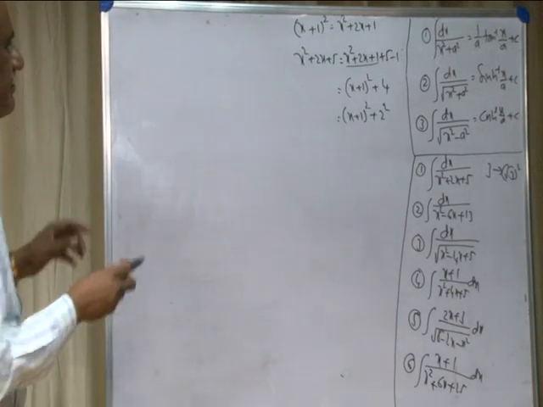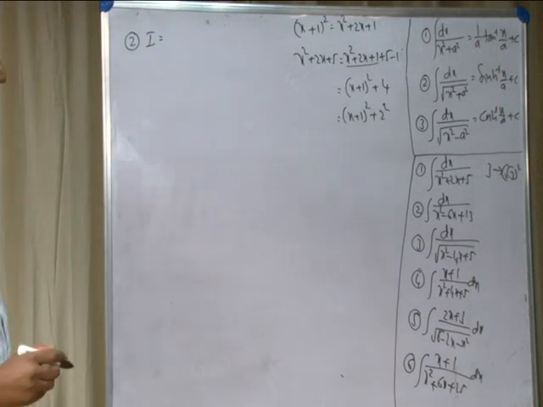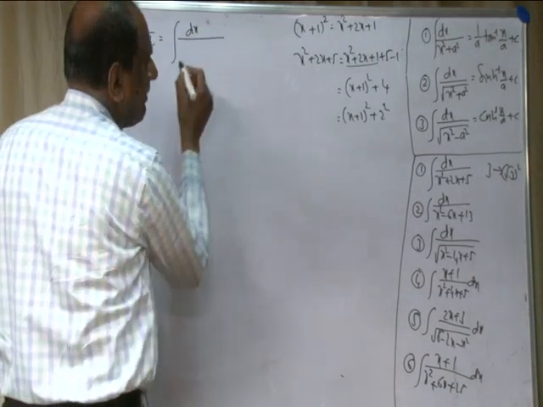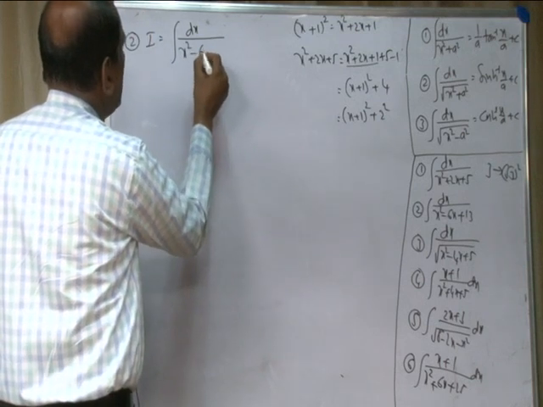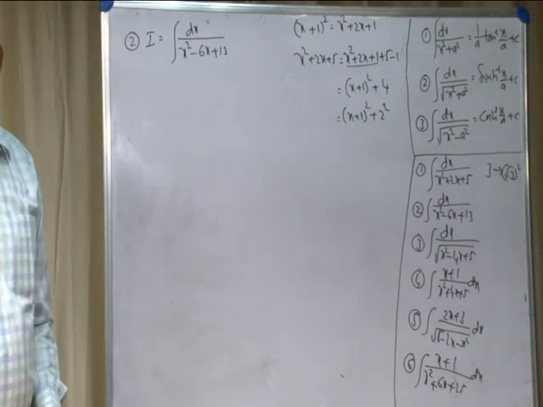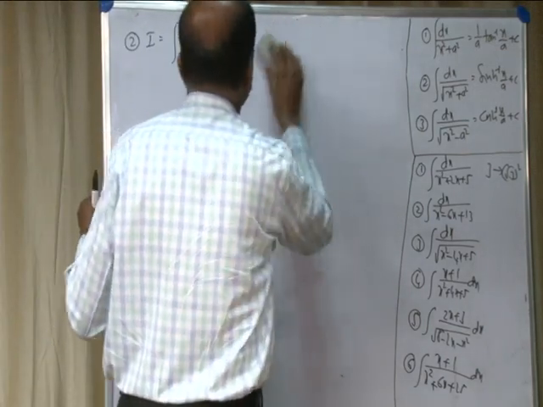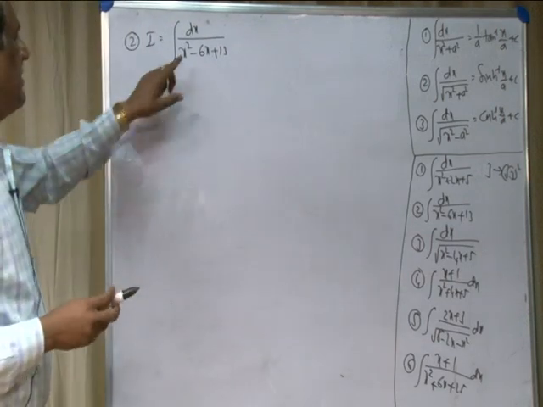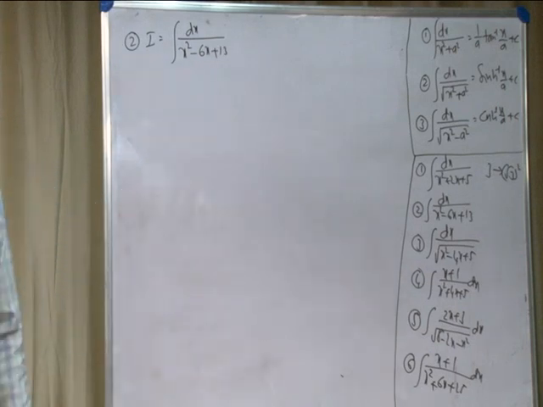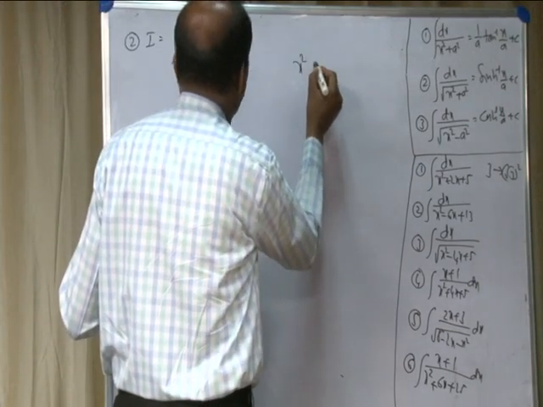Second problem, see here, second problem, given integral, that is I is equal to x square dx divided by x square minus 6x plus 13. So how to express the denominator as a perfect square? Same concept, but here a minus sign is there. In the previous case there was a plus sign between the terms of x square and x. Now there is a minus sign between the terms of x square and x term. Same concept to be used here to express the denominator as a perfect square.